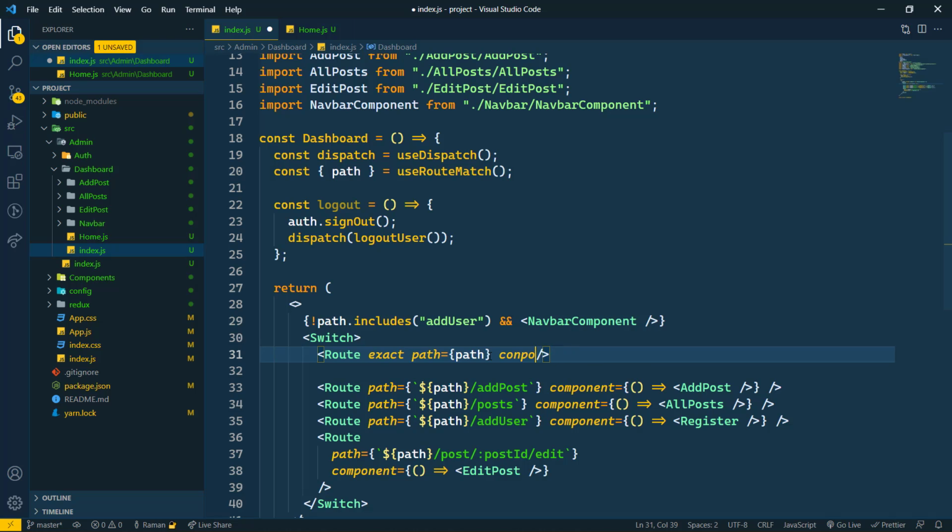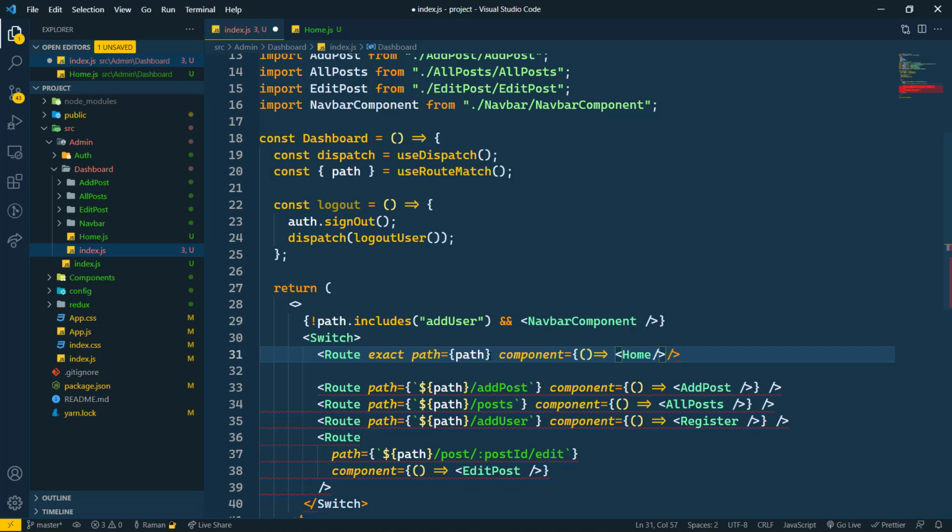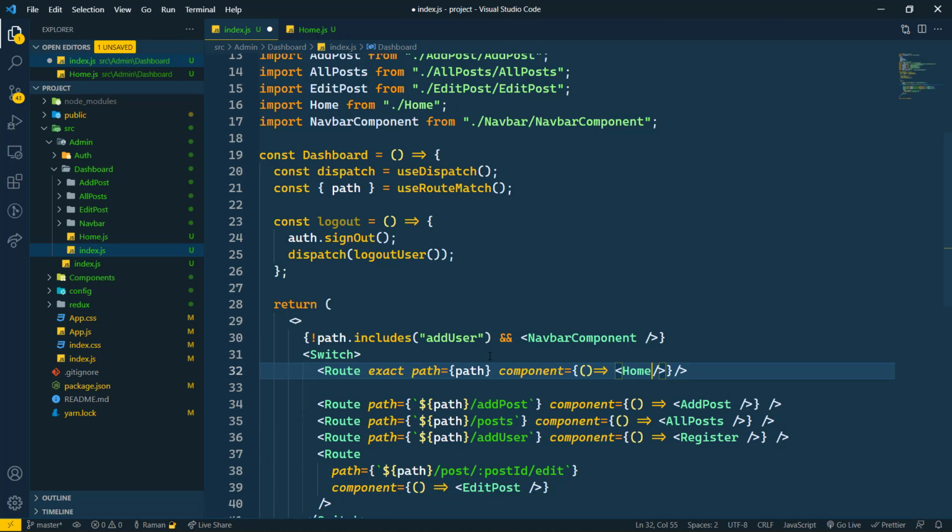Component, and it will be just the home component, and we have to import this home also. So home is imported successfully, and now let's pass this parameter to logout.